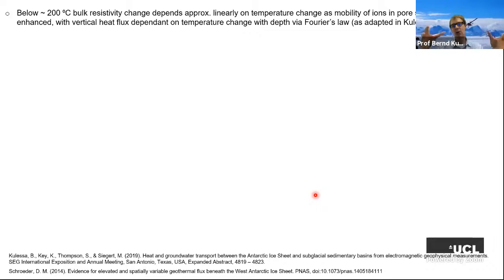It's a bit like when you're starting to boil water in a pot on your stove: as it starts getting hot, the ions in the water get really excited and eventually end up with a convection current in your pot of water, or when you're heating up soup, that will also start convecting. We can imagine something very similar happening in the groundwater reservoir, as you have geothermal heat flux coming up from underneath, touching the bottom of the sedimentary basin, and then diffusing upwards towards the ice sheet base